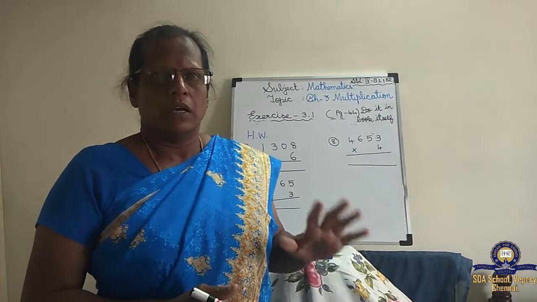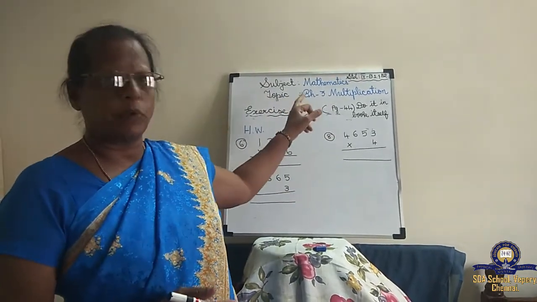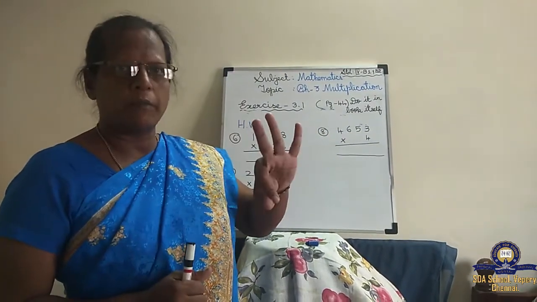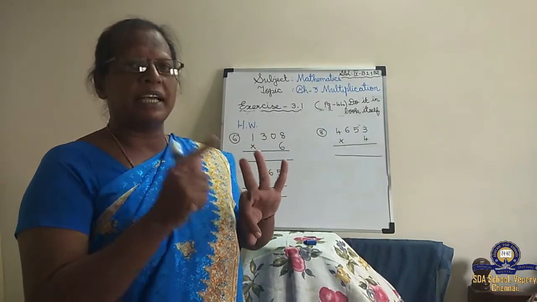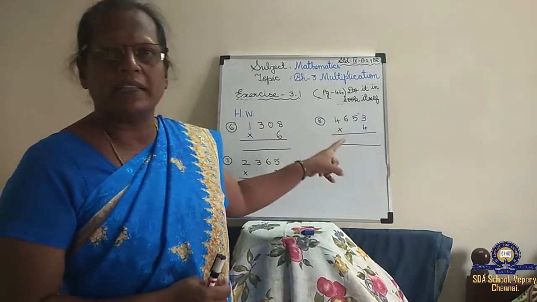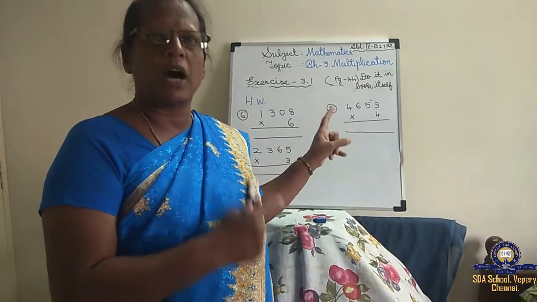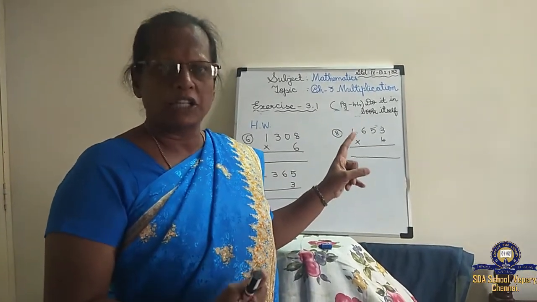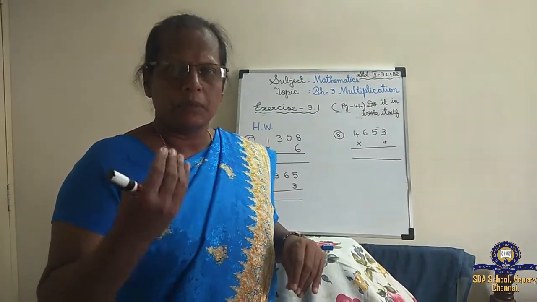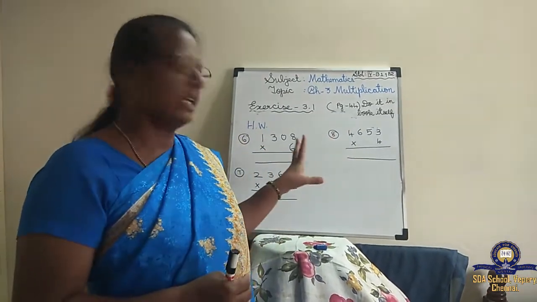Okay children. See, I have taught you 5 sums in exercise 3.1, and 6, 7 and 8 are homework. On page number 41 also I gave 3 sums. Those 3 sums you have to do in the classwork note along with these sums. And these 3 sums you have to do in the book. And you have to take a screenshot and send it in Google Classroom or to my personal WhatsApp number. Understood children? If you could not send in Google Classroom, kindly send the homework to my personal WhatsApp number. All will be doing this, I am thinking.